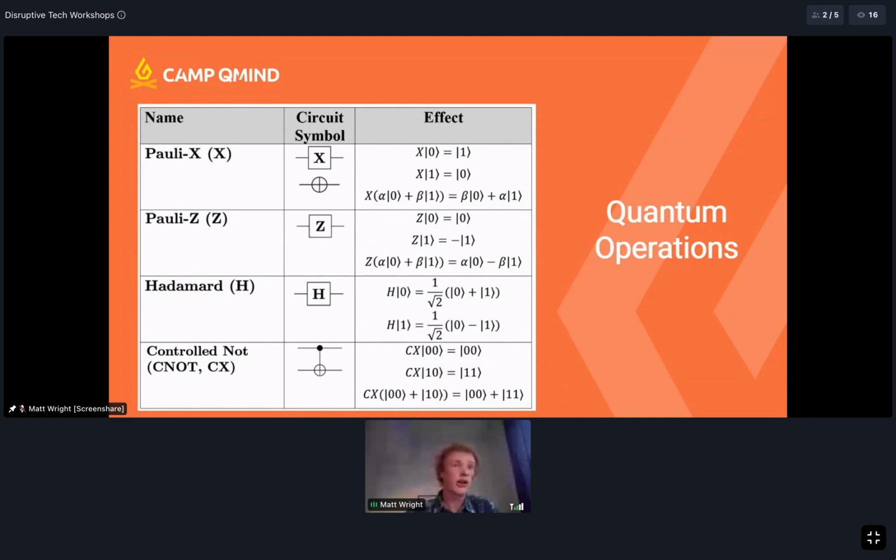Here are 4 that I thought were really important and that you'll see a ton of. I should first touch on the fact that quantum algorithms are represented as quantum circuits. Like a circuit, you have these little wires here. They start from the left, and the wire coming in is just a qubit. Then you apply a gate, which is an X gate here, and it outputs some sort of state. That's the same for all of these, and they all have their certain symbols.